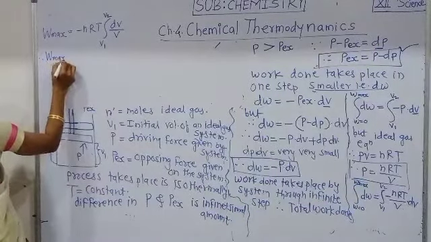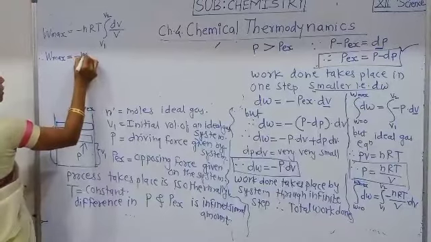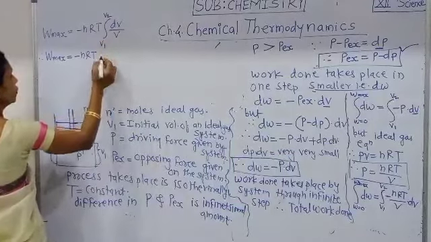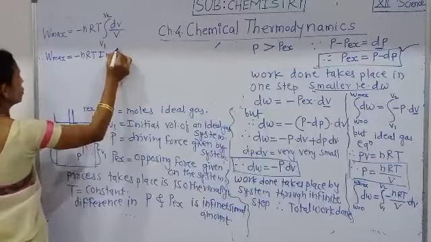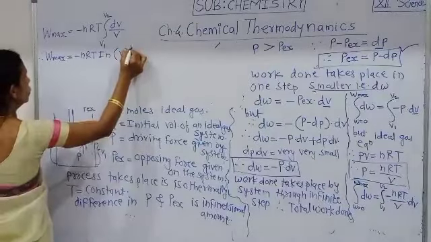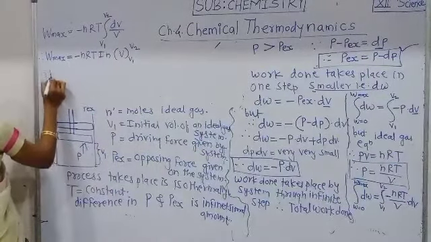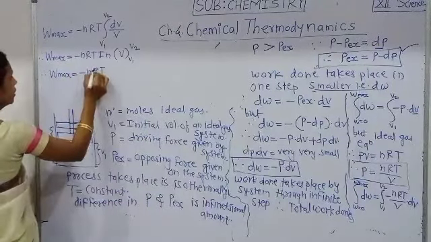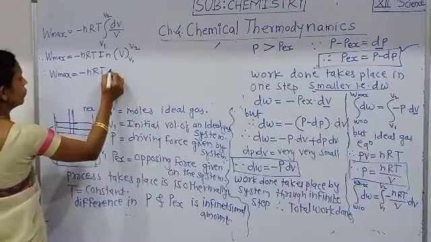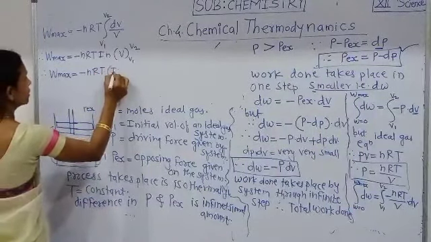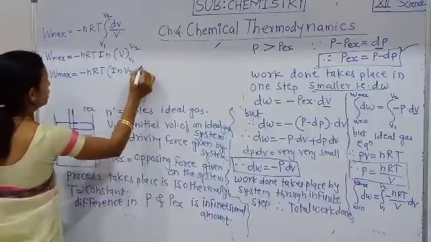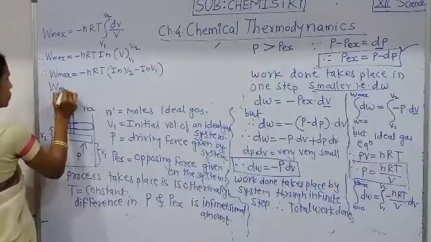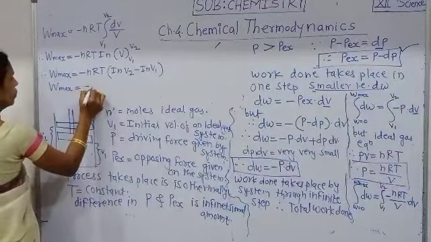Therefore W max is equal to minus nRT, then the integration of dV upon V is ln V within the limits V1 to V2, and therefore W max is equal to minus nRT times ln V2 minus ln V1,